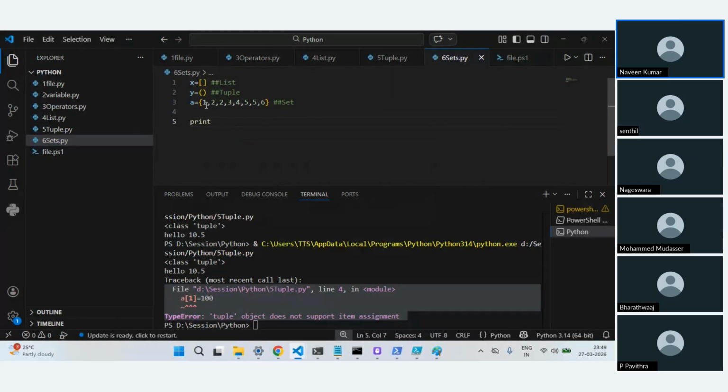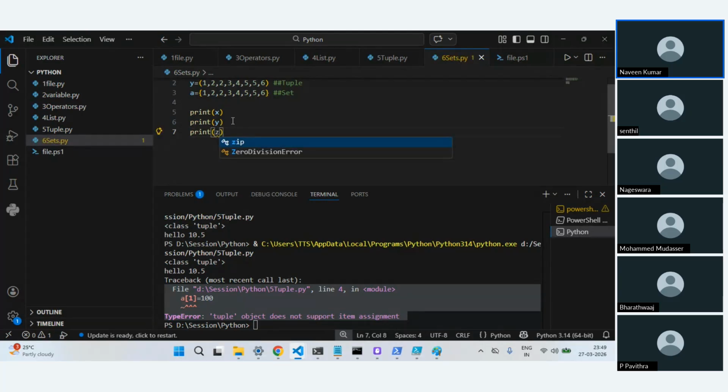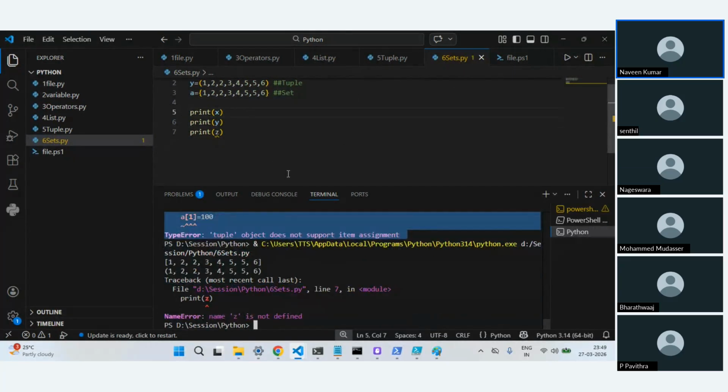So I'll use the same value for this and this also. Let's print X, Y, and Z, and let's see the output. Okay, wait. It's actually A.